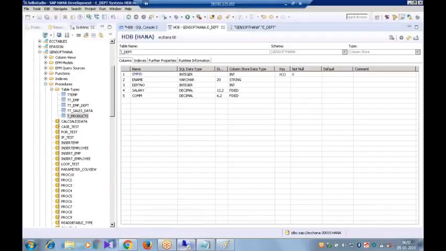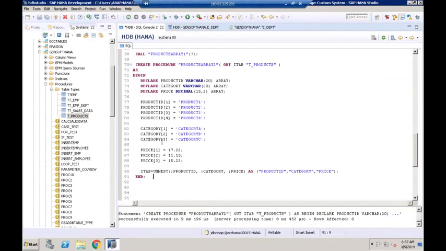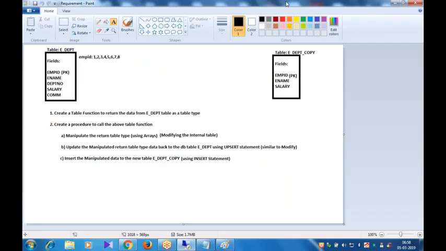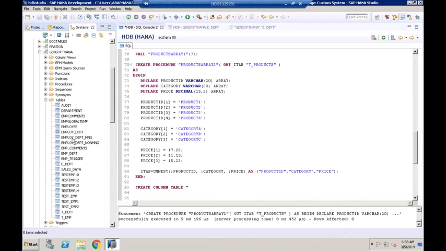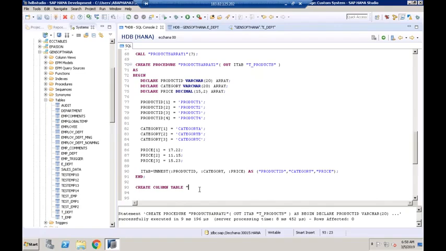Okay, so first let me create this table based on the existing table, then we'll go to this requirement. So how do you create now? Already the table is available. So based on this table, I want to create a new table. So I'll say create column table. What is the table name I want to create? E underscore department underscore copy. Do we have the table here? I don't think we have that name. E underscore department underscore copy is not there. Okay, so let me create column E underscore department underscore copy as a table. Sorry, not as table,